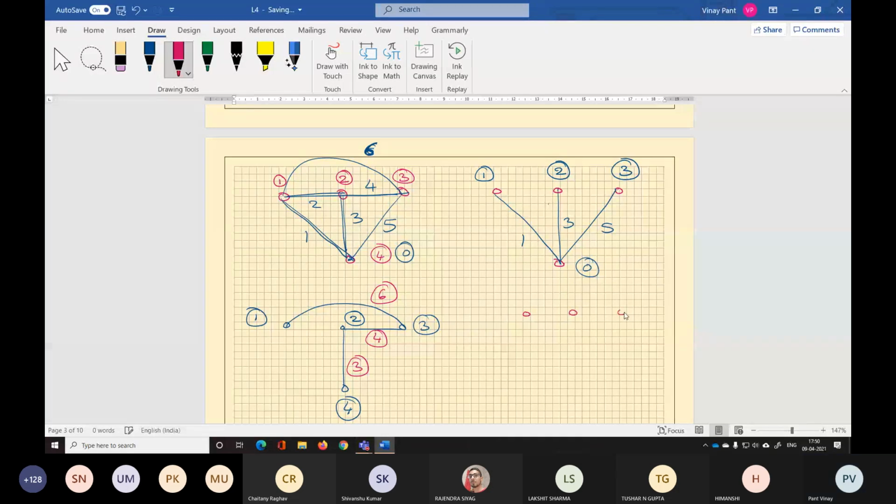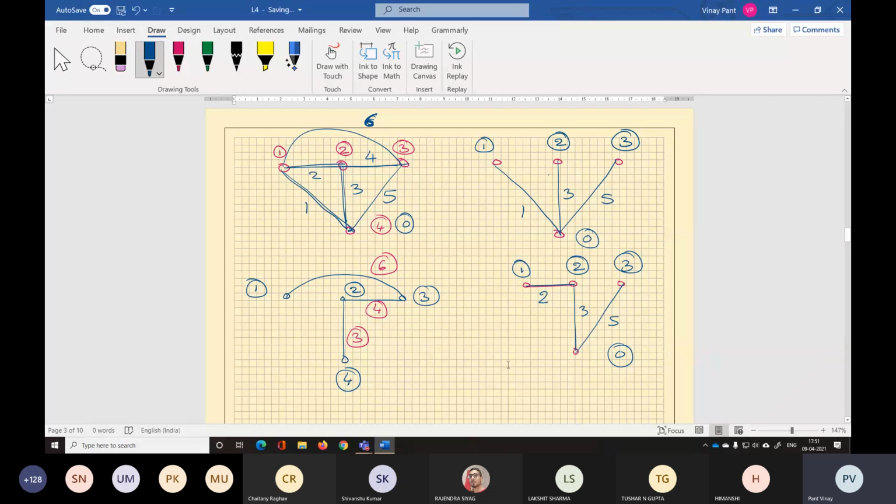ठीक है. We can have some zigzag kind of a tree. Let's have this kind of a tree. We have element number 2, element number 3, element number 5. Fine. Good. We can draw many trees. Let's not draw more trees. Is the concept of tree clear to you?